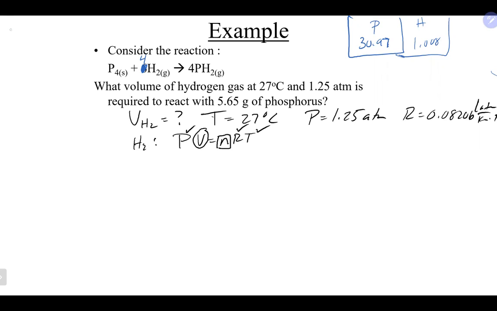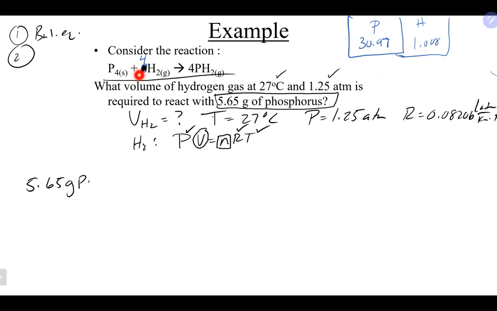So again, following our steps, we would want the balanced equation, which I think by changing that to a 4 we now have, so that's good. Next, we want to take whatever they gave us and convert it into moles. So in this particular case, the temperature and the pressure obviously is related to the gas, so we're not going to worry about that. So really the only other piece of information that was given to us was the grams of phosphorus. So that's what we want to convert into moles. So starting with our